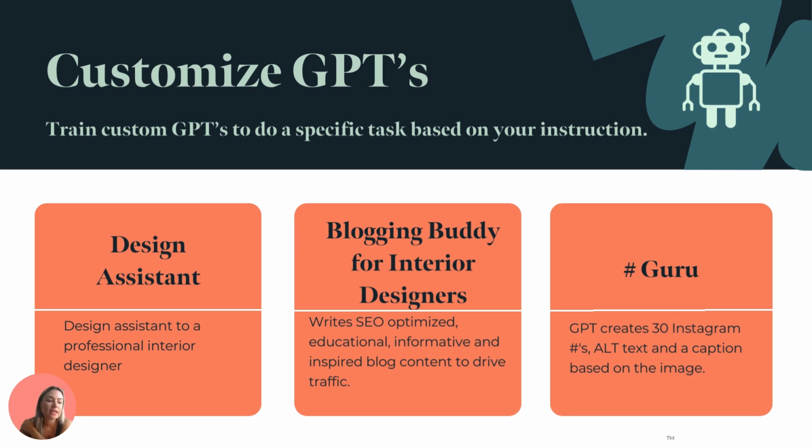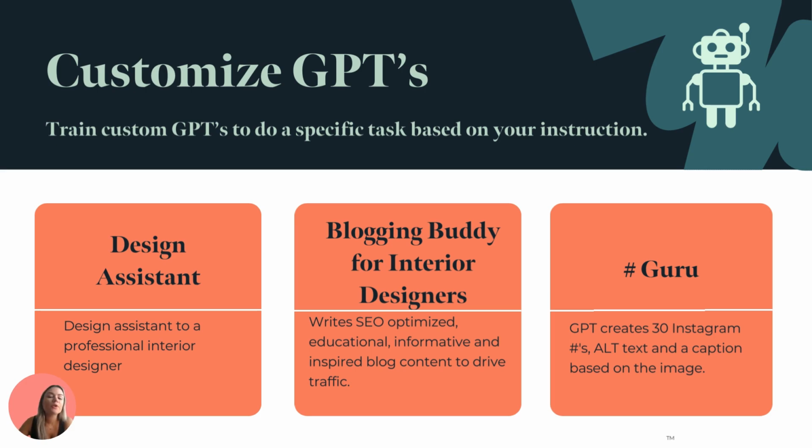So I've been trying to stay consistent this year. My challenge for myself was to post every day on Instagram. So I have AI images that I've been sharing with some captions. And to stay consistent, I knew that I needed to basically build out something that would help me with hashtags and the alt text. So the text that basically describes what's in the image, which is great for SEO purposes, but also for ADA compliance.